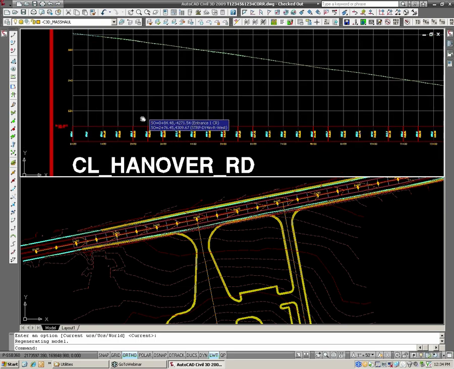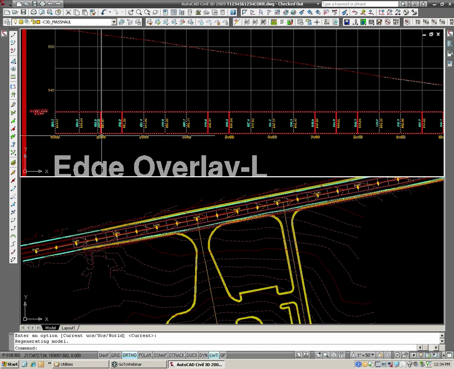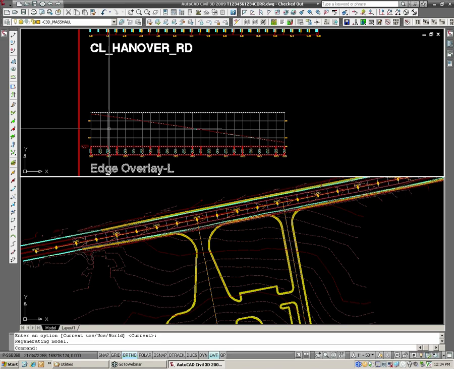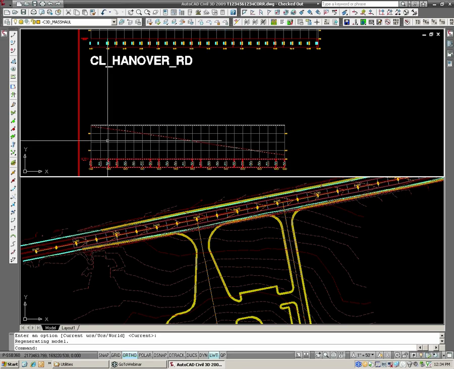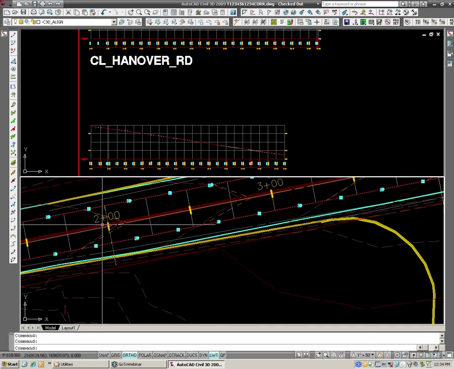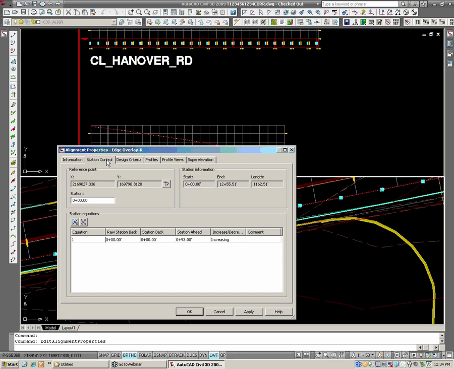Another thing that you might want to do that I missed covering here was I actually set my right and left edge so that the stations match, so that station 200 is at the same horizontal location for my left offset and my right offset. So my centerline truly controls. How I did that is if I right click on these alignments on the outer edge, I go to Alignment Properties. I can go to Station Control, and I can set my station equivalency